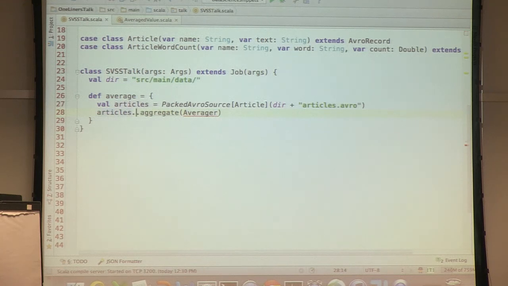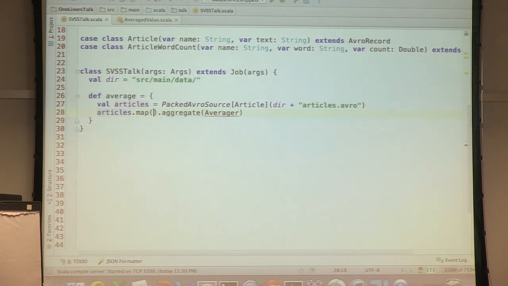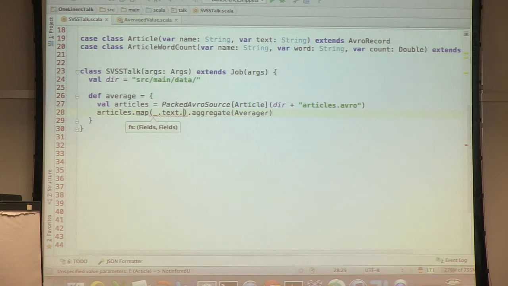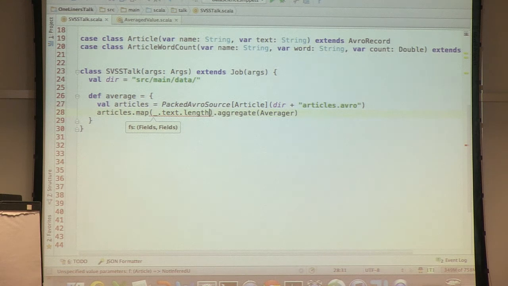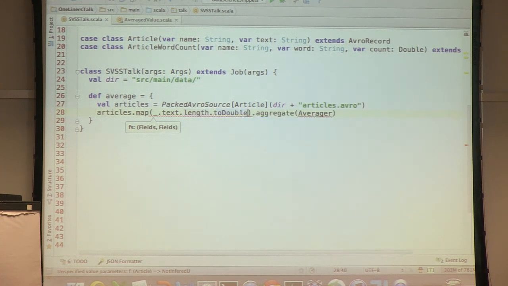So what we will do is, pipes have just a function map, and it's very nicely the same kind of code you would write in the regular Scala collection API. So we can take our pipe of articles and transform it over to a type of doubles.